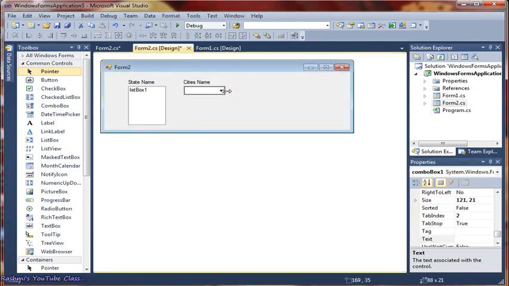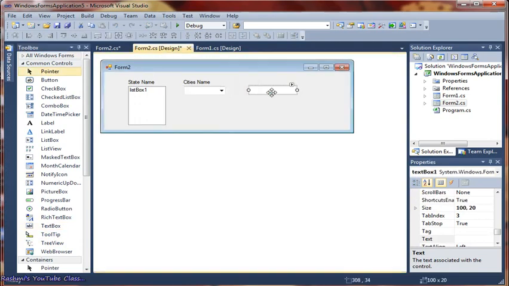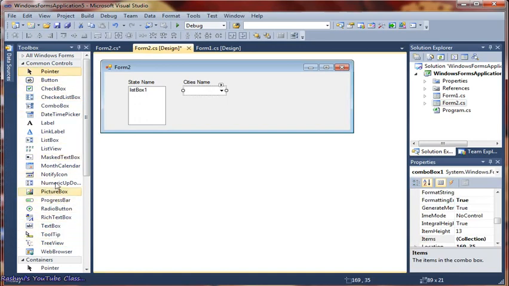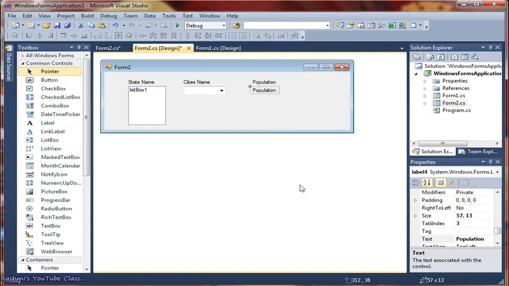Fine. And when you choose a particular city here, then the population will appear here. Suppose there is a label. Let's take a label, not a text field, because we are not going to enter anything. So here I am taking a label, and in the label I am writing Population. I am taking a label again to see the result. This is what we are going to do, and here we don't require any button or anything.